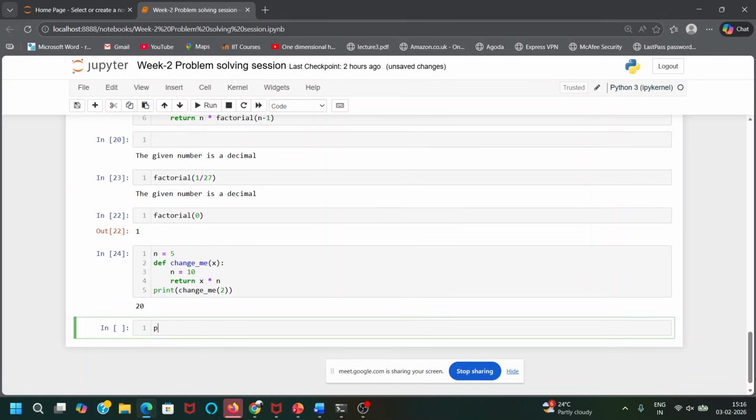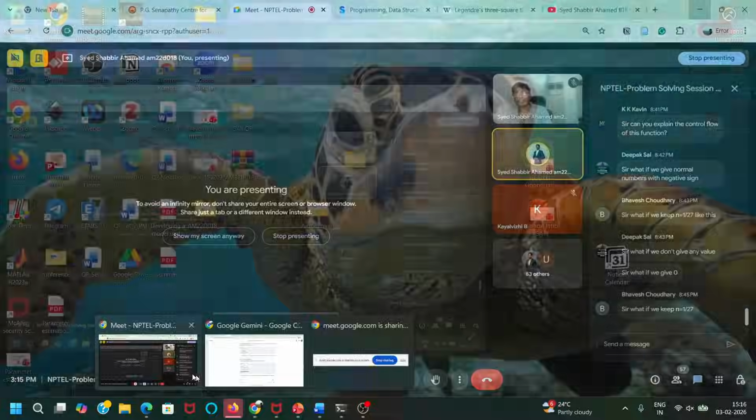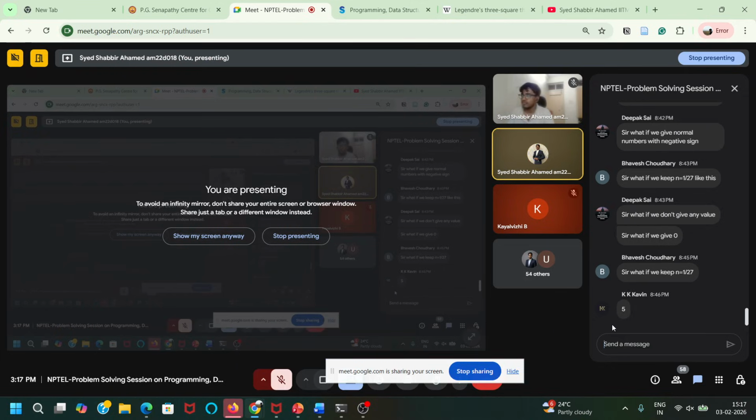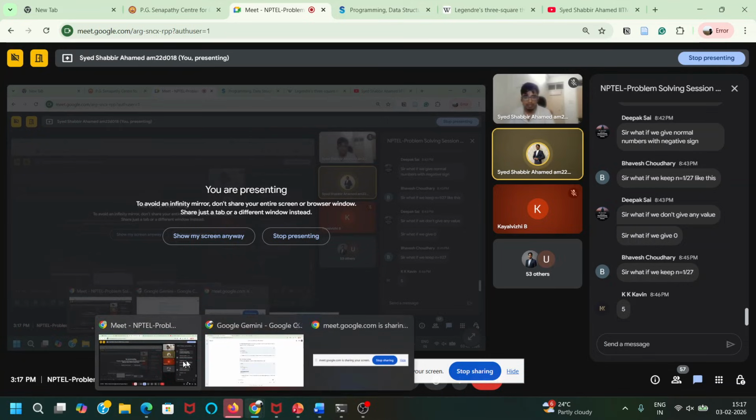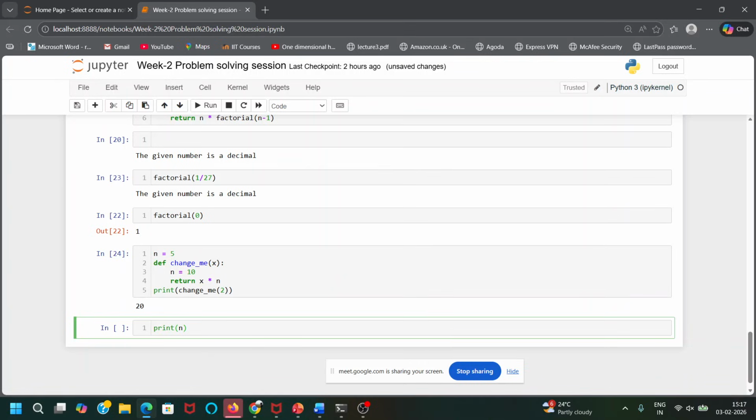Now if I print n, what will be the value of n? If I change n here, because I'm changing n is equals to 10 here, right?